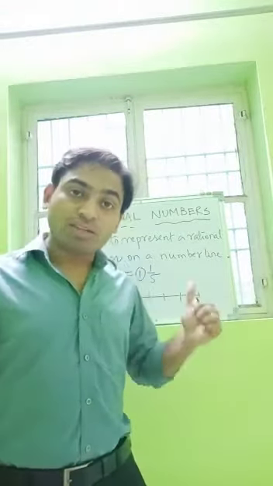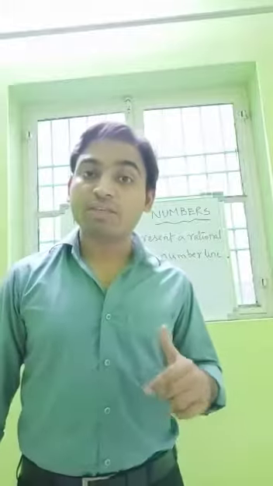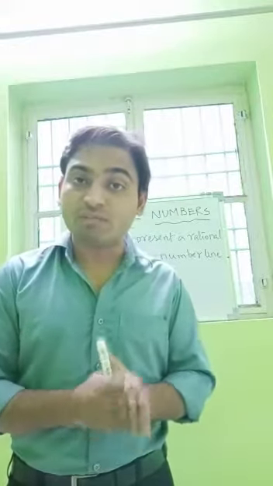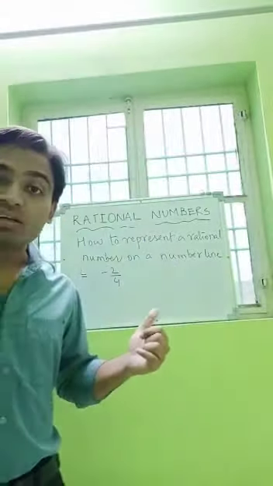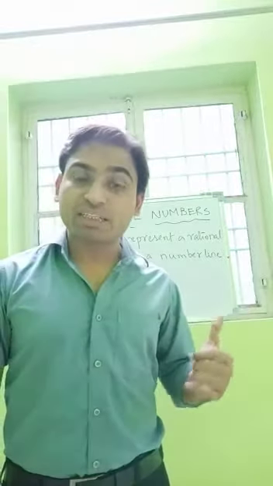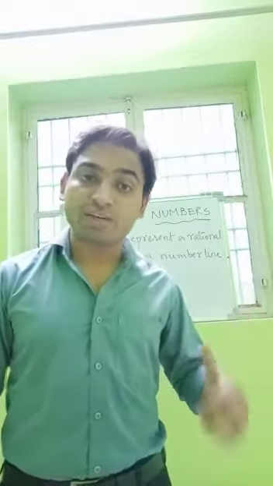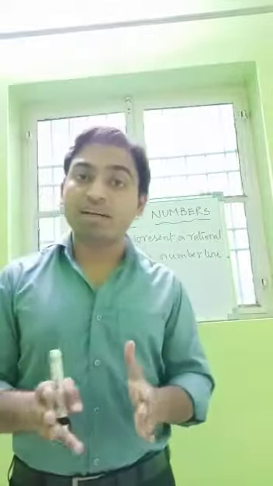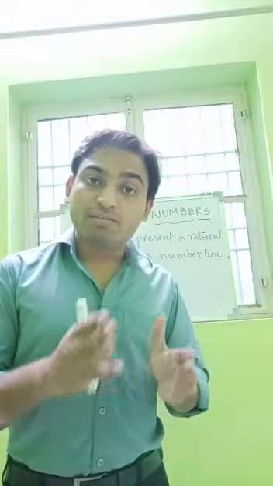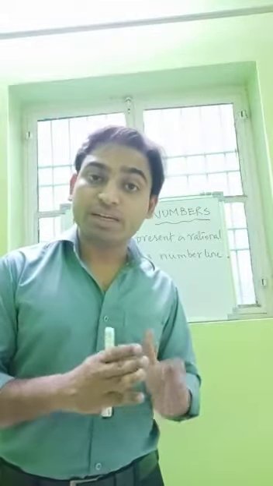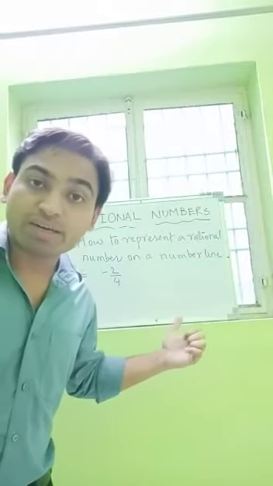Now pay attention. See, this time I have taken a ratio number which is negative. See, minus 2 upon 4 is negative. It is a proper fraction, but it is negative. This means that it will lie in between which two numbers? Between 0 and minus 1. Why minus 1? Because it is a negative ratio number. That's why it will lie between 0 and minus 1. It is a proper fraction. That's why it will lie between 0 and 1. But 1 should be negative. Why? Because the given ratio number is negative.